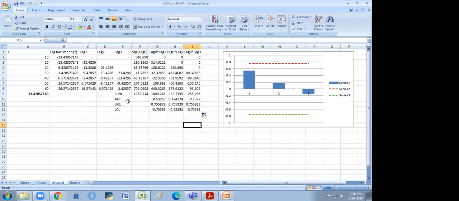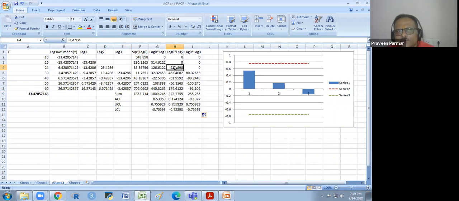Sir, can you take me to the cell where lag 0 multiplied by lag 0 multiplied by lag 2 is there? The second last column, 220 observation. This one. Okay, P4 into D4. B4 is this one. I just click double, so you could get P4, D4.